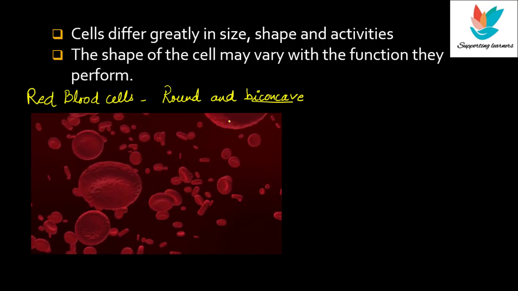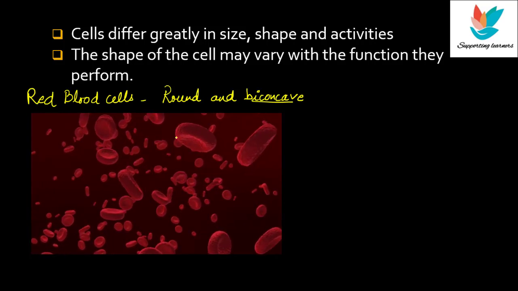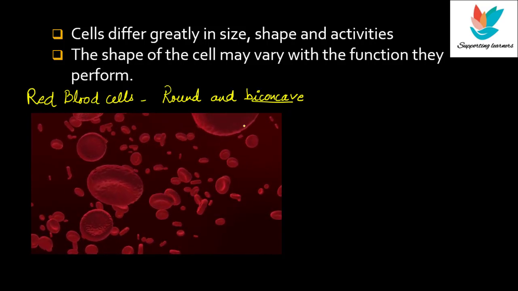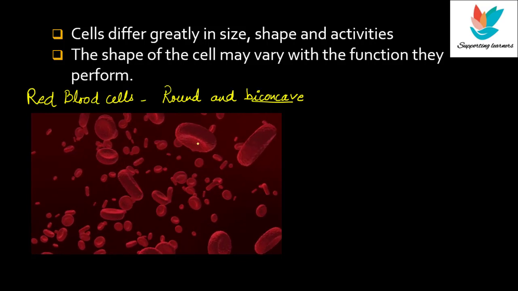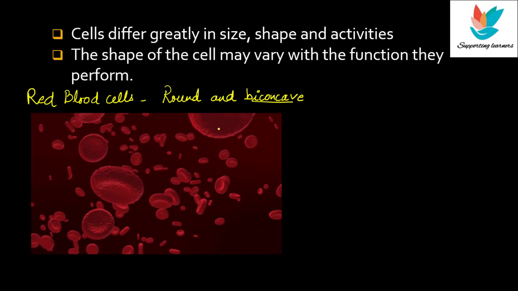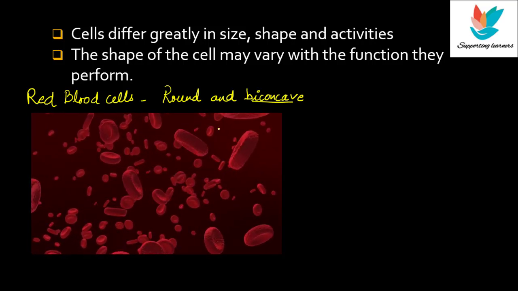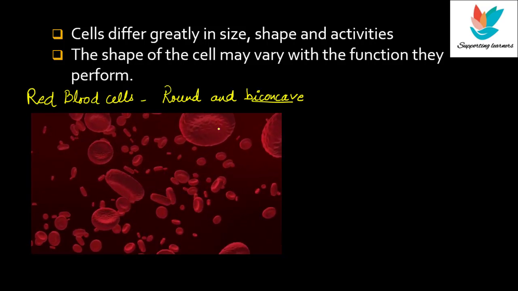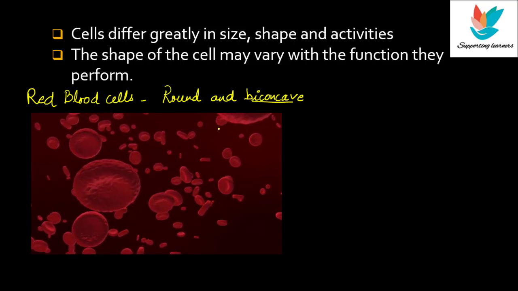So, in order to increase the surface area so that they can acquire more and more oxygen, they are biconcave, to maximize the surface area and carry a greater volume of oxygen. And why are they round or circular in shape? Any circular shape is easy to move or roll fast. If it was flat, it is difficult to drag something that is flat, but if it is circular, it is easy to drag it, right?